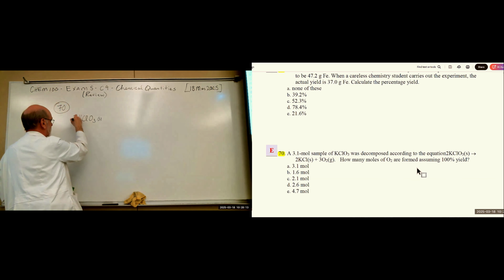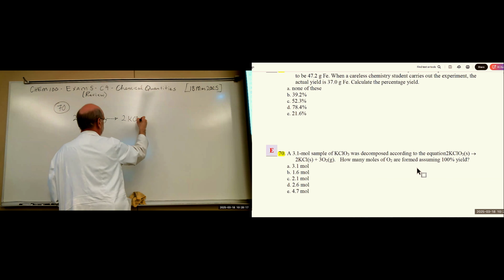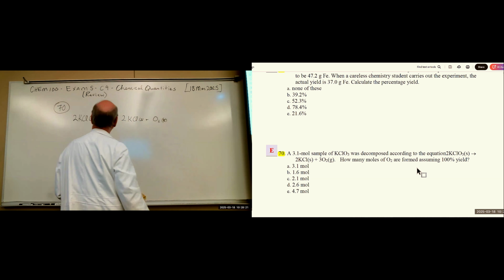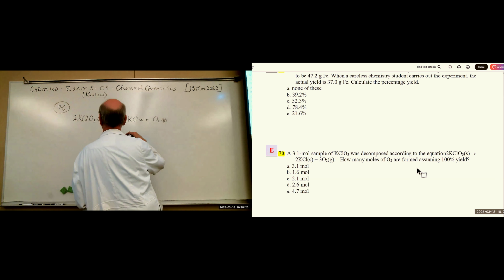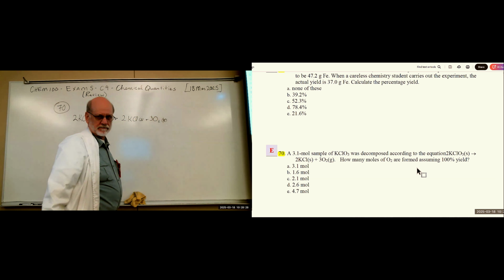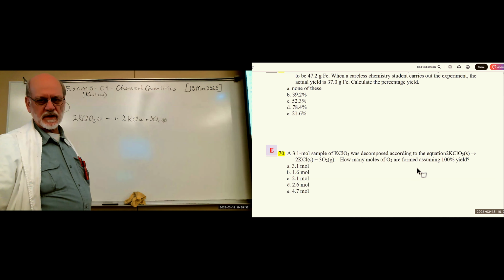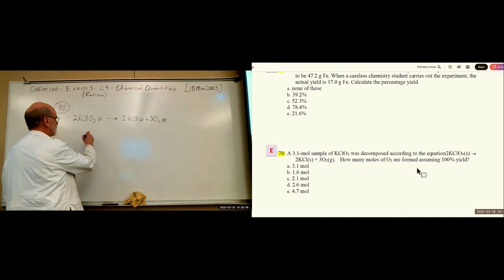Okay. I need 3 of those. How many moles of O2 are formed, assuming 100% yield? So with 3.1 moles of this,